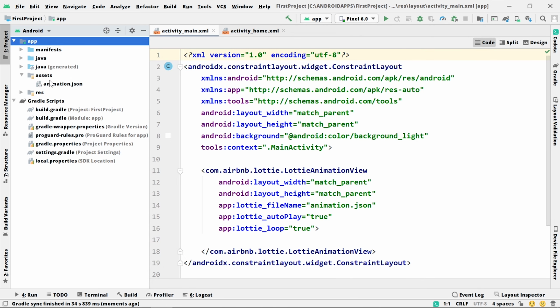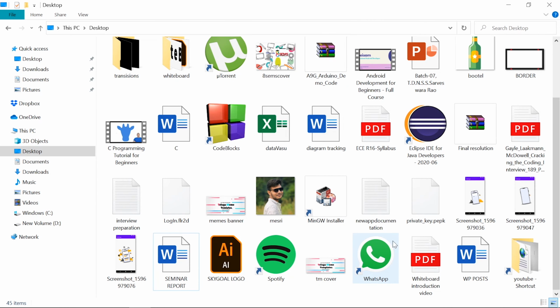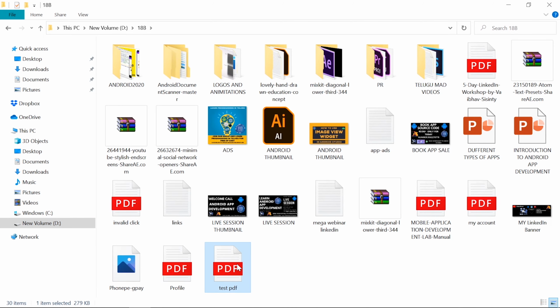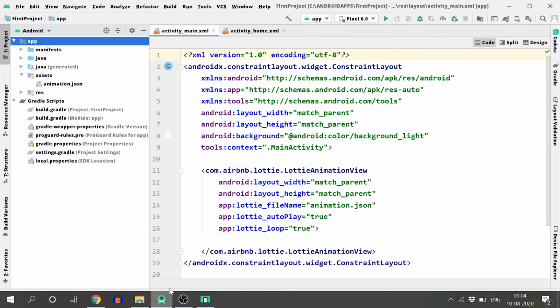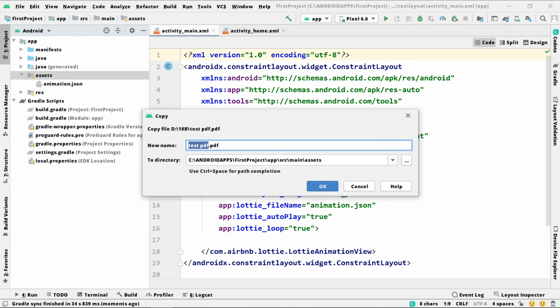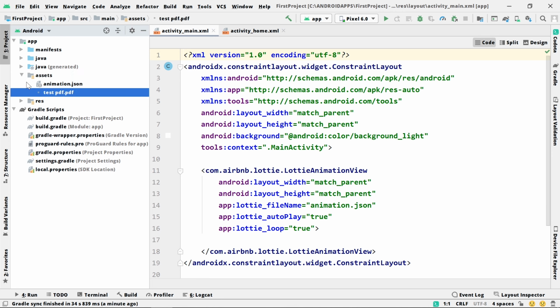This assets folder will be created, and now I'm going to copy my PDF. So I'm copying my PDF, going to Android Studio, select assets, and I'm pasting this into my assets folder. And now you can see my PDF is in assets folder.